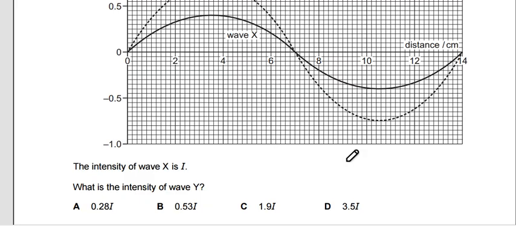So it is a ratio problem where Iy over Ix should equal ay squared over ax squared. So Iy equals Ix, which is I, times ay